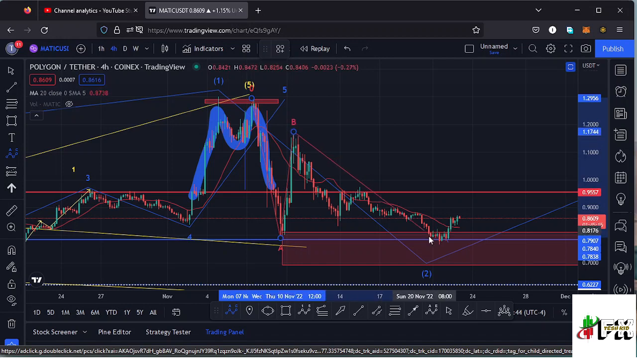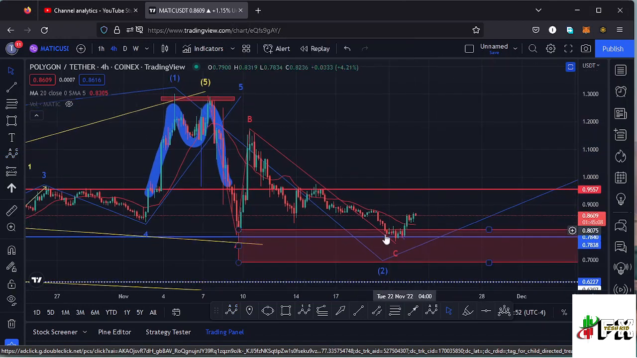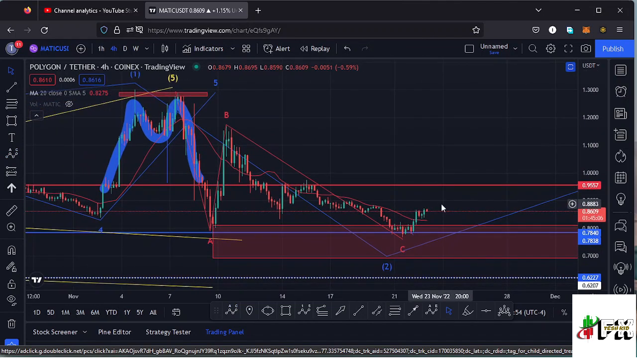Then we have continued pushing lower, though we have not yet made our low in the formation of this wave C, and I'm expecting to see a new low here on the Polygon Matic chart, so that we can start saying that maybe the low for that higher Elliott wave count 2 might be in. I expect it to play out within this red target area between the $0.8 mark